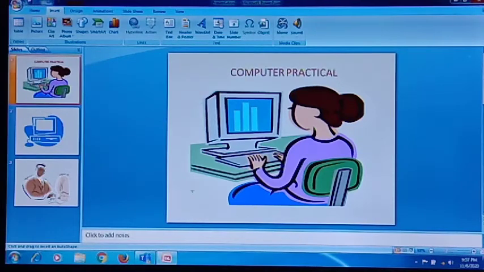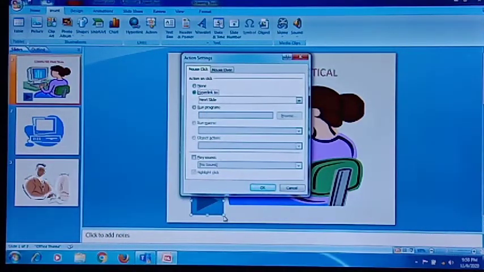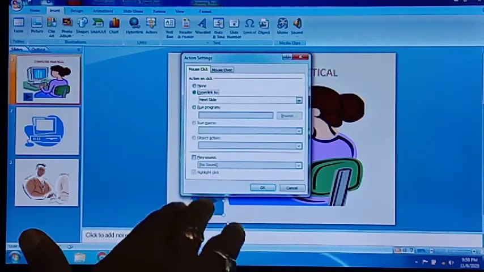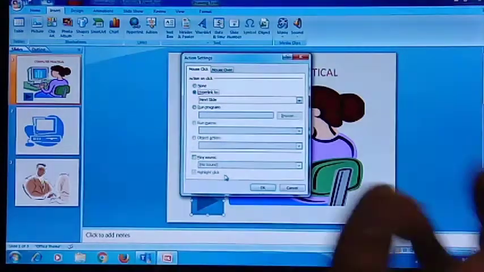Now what you do, you click on any of the slides. Suppose in this slide I want to add it here, you click here and you drag your mouse over the slide. Once you drag it, this will appear, and once you release it, this dialog box will appear. This is the Action Settings dialog box. Now the action settings are asking what action this button will perform. The first one is mouse click, the next one is mouse over. Mouse click means on clicking on this with the mouse, what action will be performed. Next is mouse over, hovering the mouse over that, what actions will be performed.